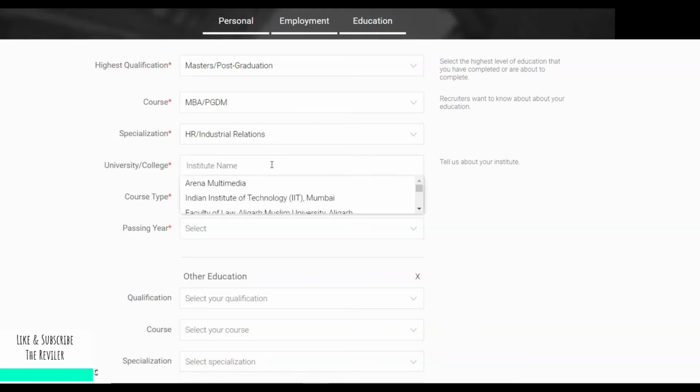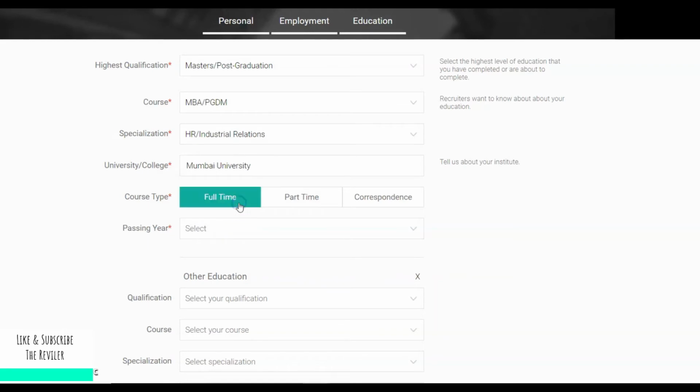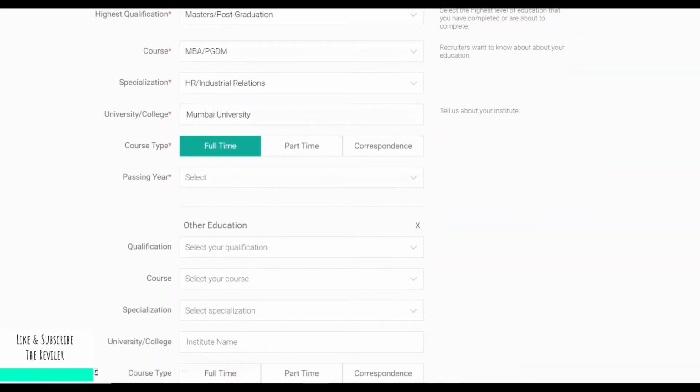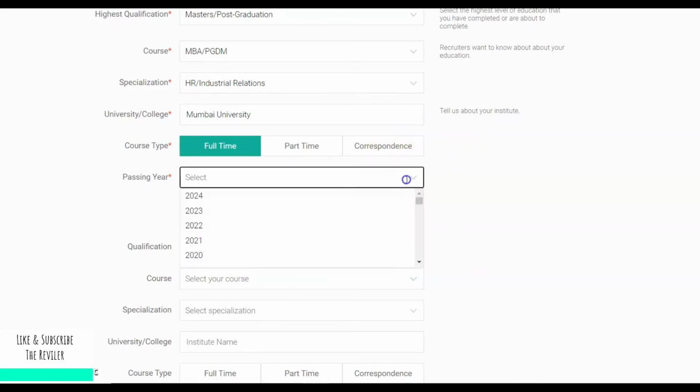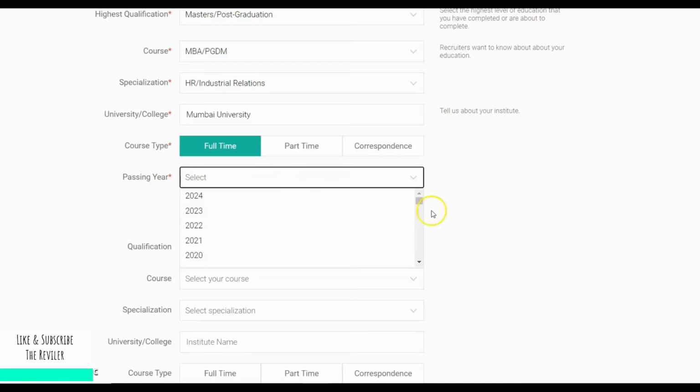University is Mumbai. Course type is full time. People who are doing correspondence can write here correspondence or part time. Then you need to select the passing year. I'll select 2019. No, not 2019, I'll write here 2018.